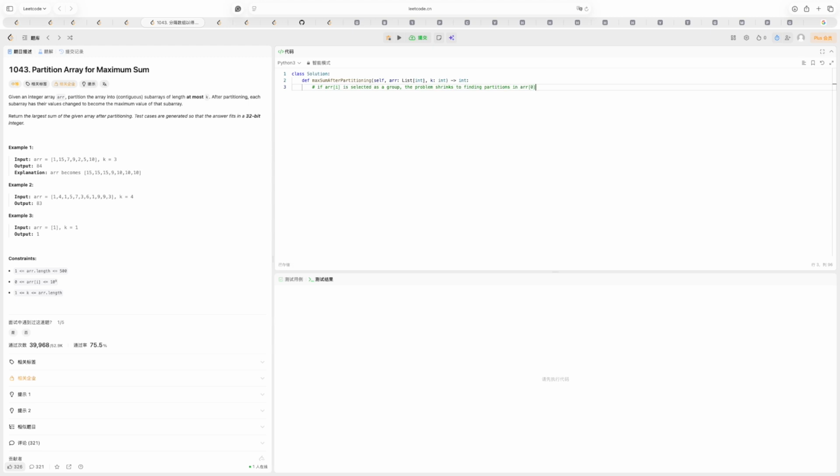So it will be array 0 to array I minus 1. So if array I is selected, then